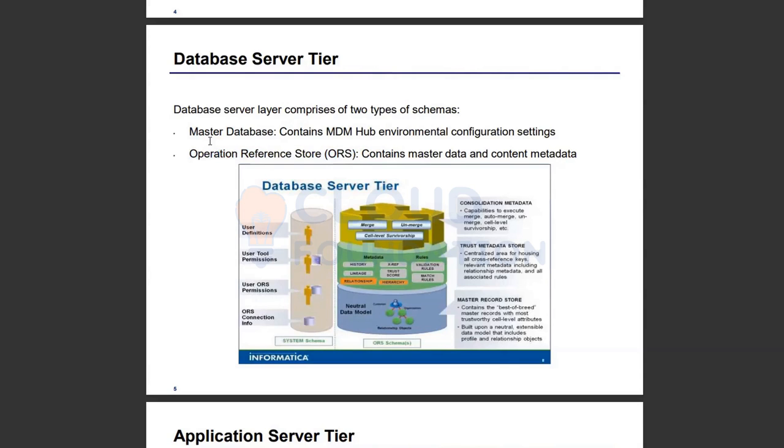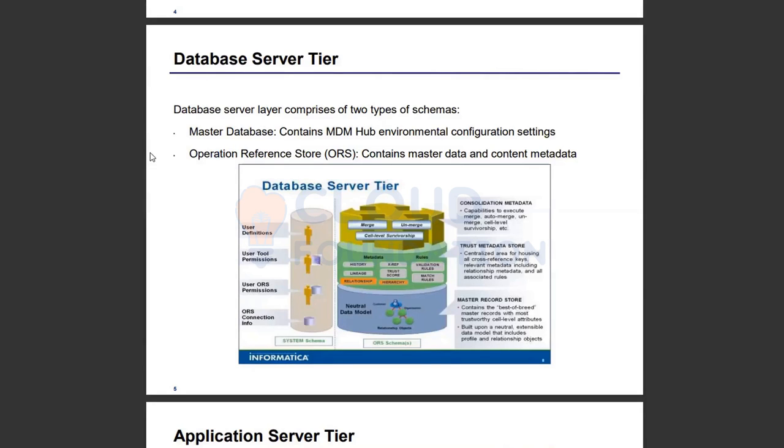The master database contains the application layer configuration, which means how many ORS databases there are, what version of MDM we are using, what application server we are using, and what database version or database application we are using. All those kinds of things will be stored in the master database.